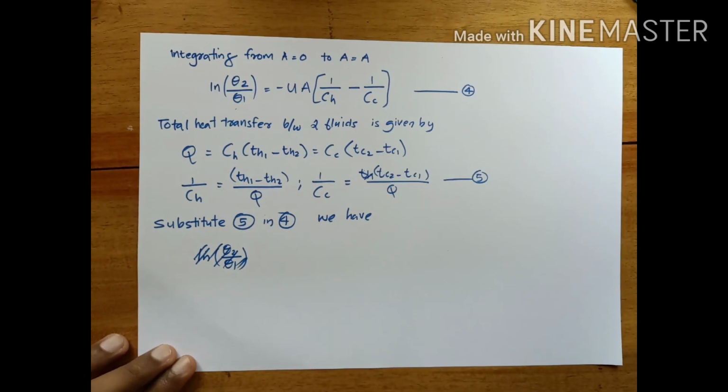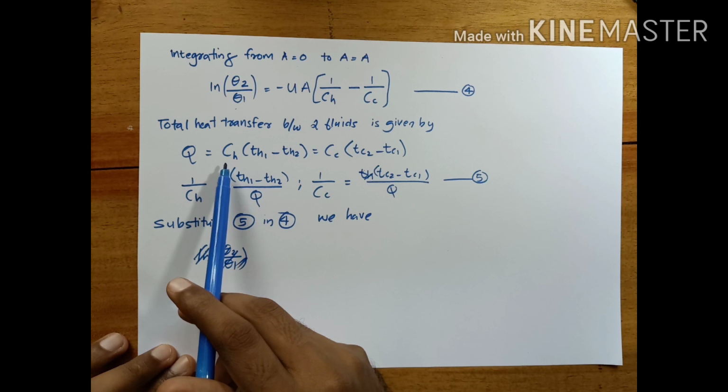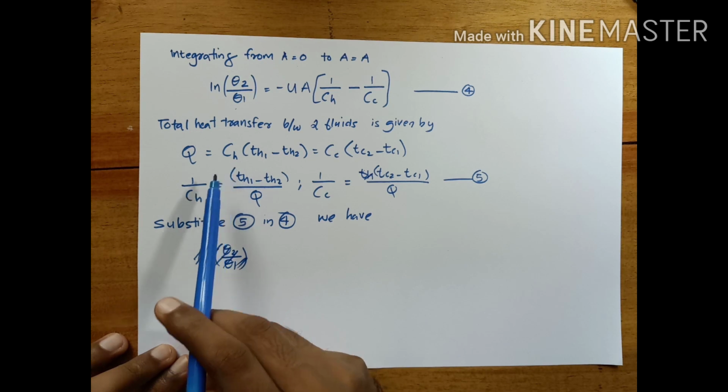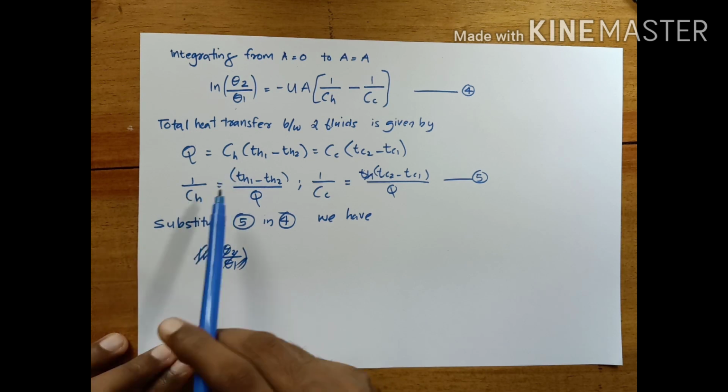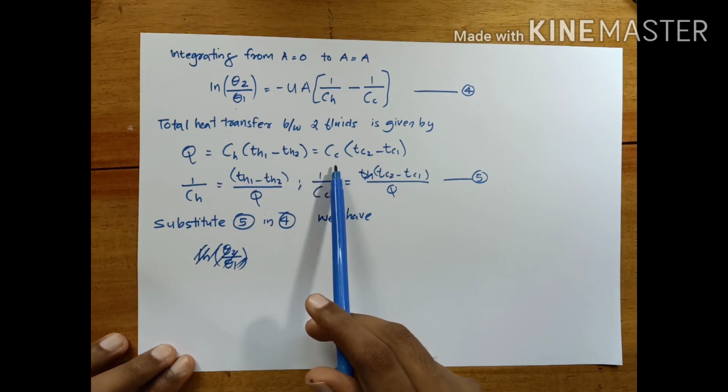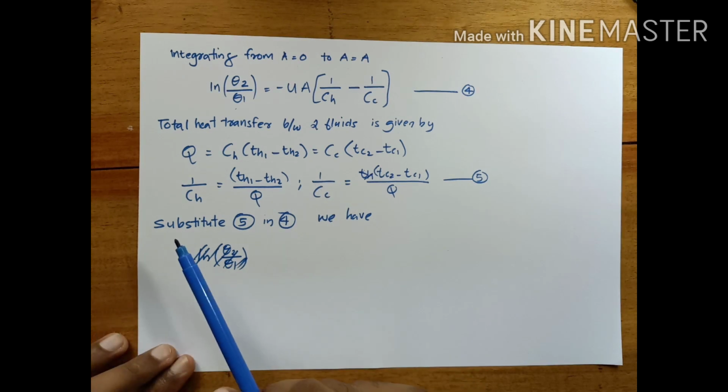Now we consider the total heat flow rate in the fluids. We can write it as, we know the equation, m Cp into delta T. We substitute for m dot h and Cph as Ch like before, that is the heat capacity rate of hot fluid, into Th1 minus Th2, and the heat capacity rate of cold fluid, that is Cc, m dot c into Cpc. Now we arrange it as 1 by Ch and 1 by Cc, and then we substitute in the equation 4.